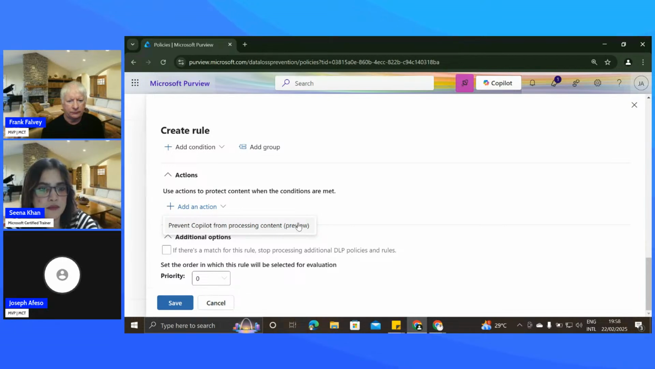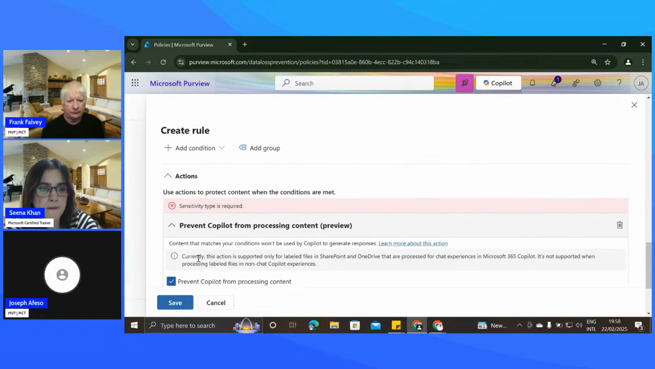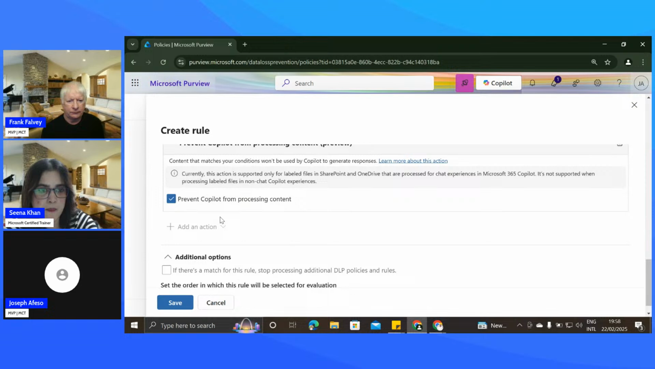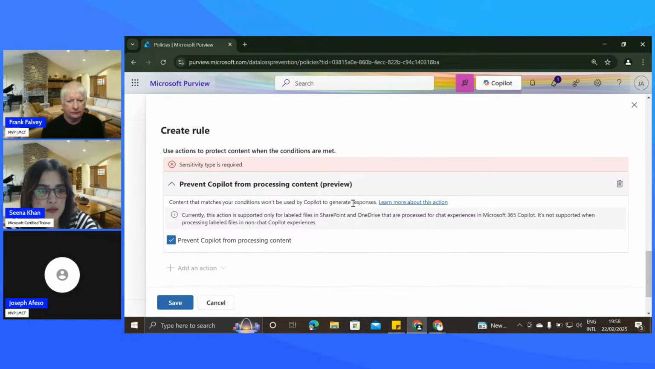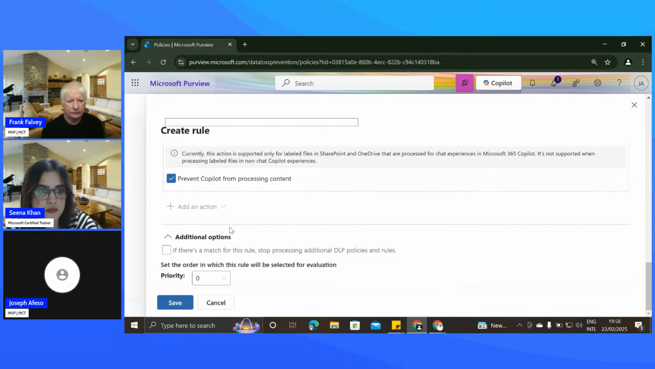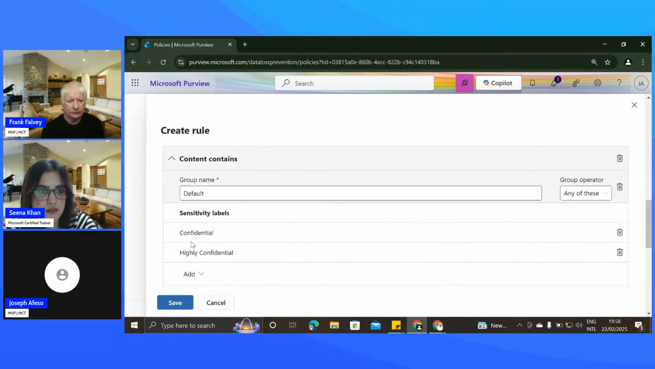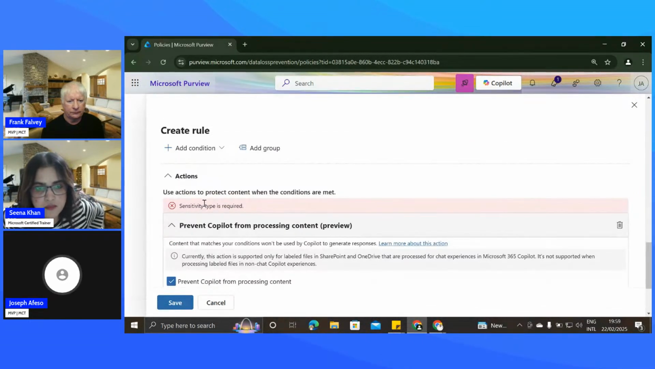So this is actually a preview feature. So you can select it. And then the next thing you do is to save it. And then you would fix, sensitivity type is also required. So you can fix that up quickly. Prevent Copilot from doing this. Confidential, highly confidential data. Then you should be able to save really, but I'm not sure why this error is